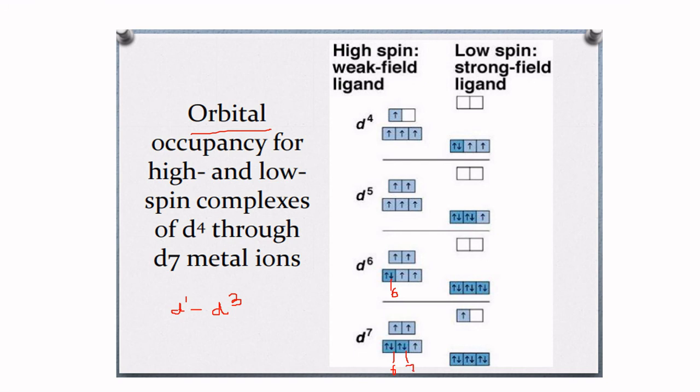Okay, for low spin complexes, strong field ligand, the 4th electron will be paired up with the 1st electron here. And then for d5, it is the same thing. So this is electron number 4, then this is electron number 5. For d6, this is electron number 4, number 5, and number 6. For d7 metal, this is electron number 4, 5, 6, and 7. So this is how we fill the electrons using the d orbital splitting diagram for octahedral complexes depending on the